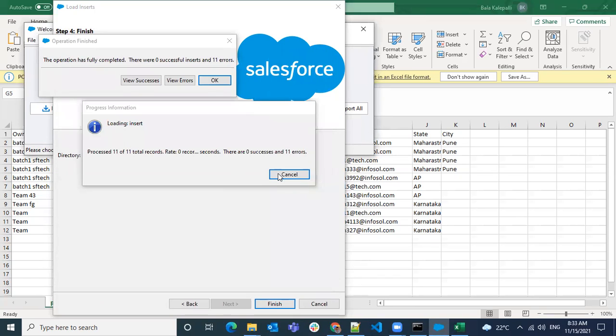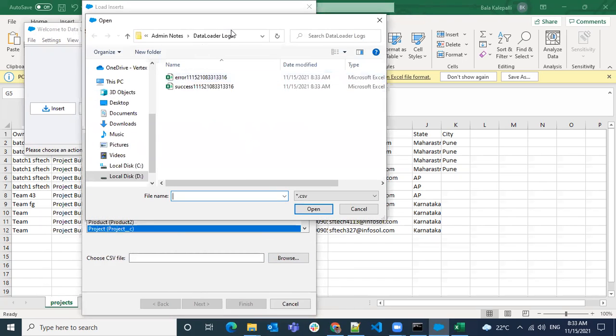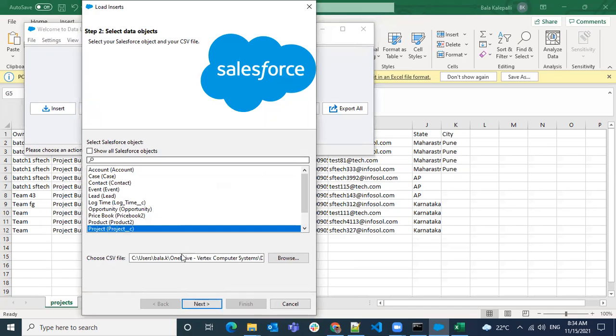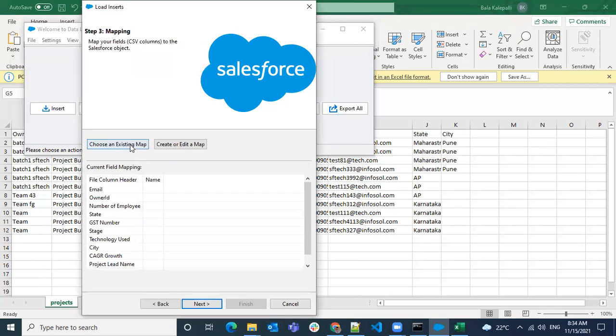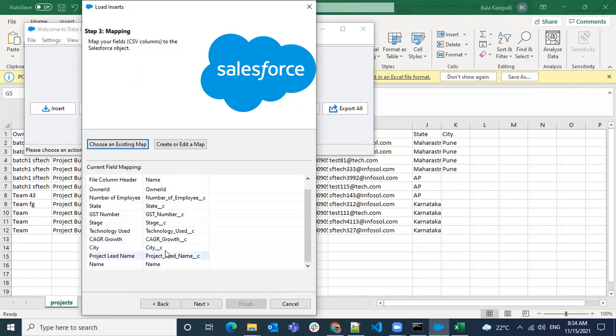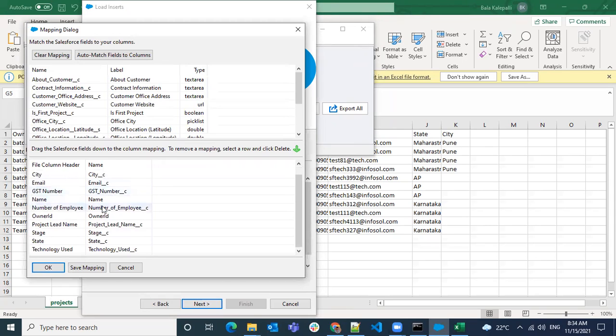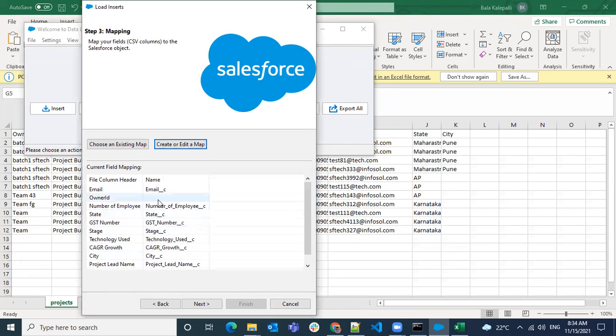Okay, good. Let's do it again without choosing the Owner ID. I'm just doing it again. Browse here, and this is where it had stored the log files. Now I want to switch back to desktop and using the project, using a next, 11 records, existing mapping. So this is a mapping, so it will automatically map for me. I want to remove this Owner ID mapping so that it maps. Okay, and do okay. Now it got removed.